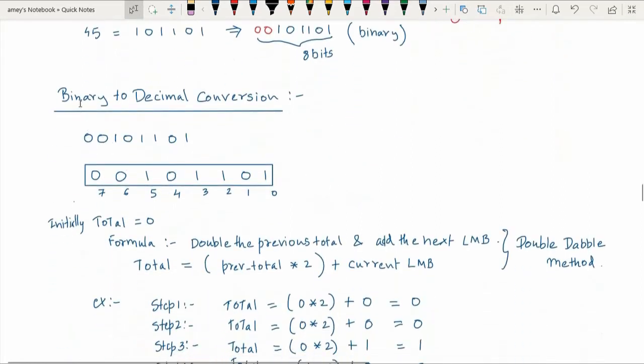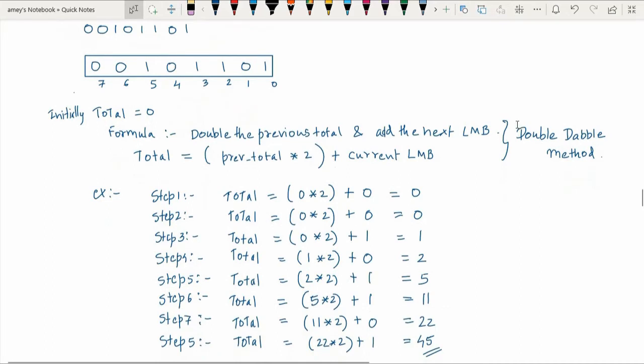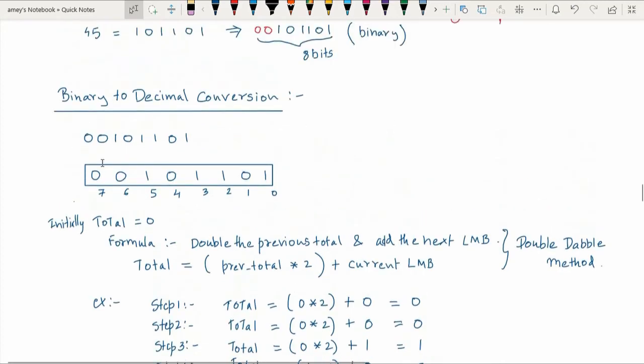Now if you want to convert a binary number to a decimal number, there is another conversion method. One method we have already learned in our previous classes while learning C or C++. They must have taught you how to convert binary to decimal. I would like to focus on another method called the double method. This is an even quicker method. So the binary number that we have is 45, which I have written here, 00101101, and these are the bit positions. This is the least significant bit, 0, then 1, second, third, fourth, fifth, sixth, 7, right?